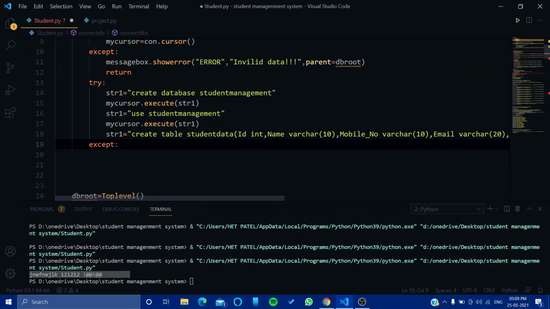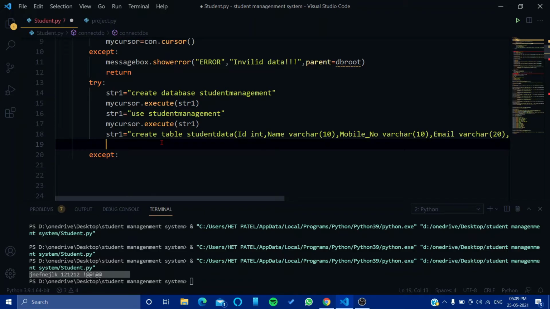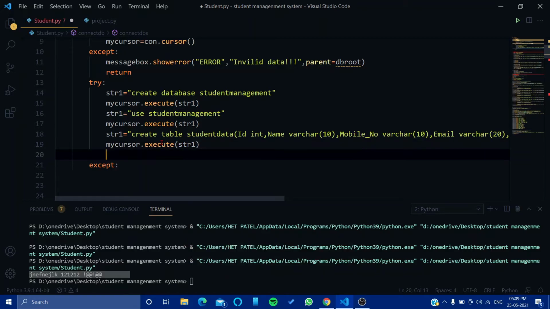Now what we will do is we have to again do my cursor dot execute with str1. Okay, and then going further we have to update, meaning alter, our table.